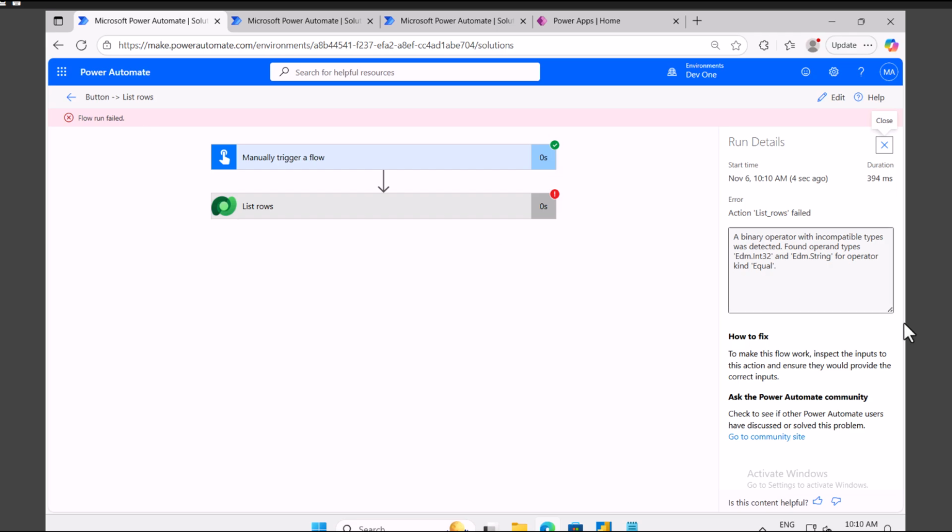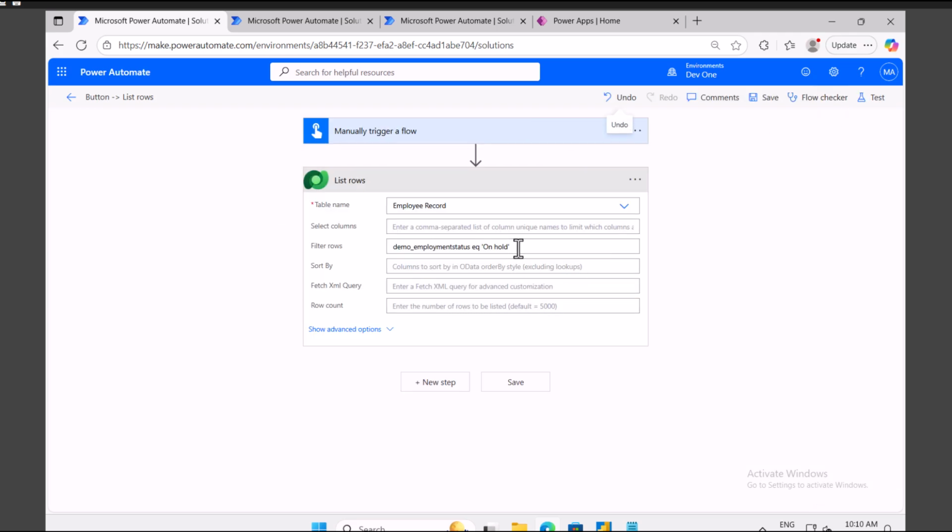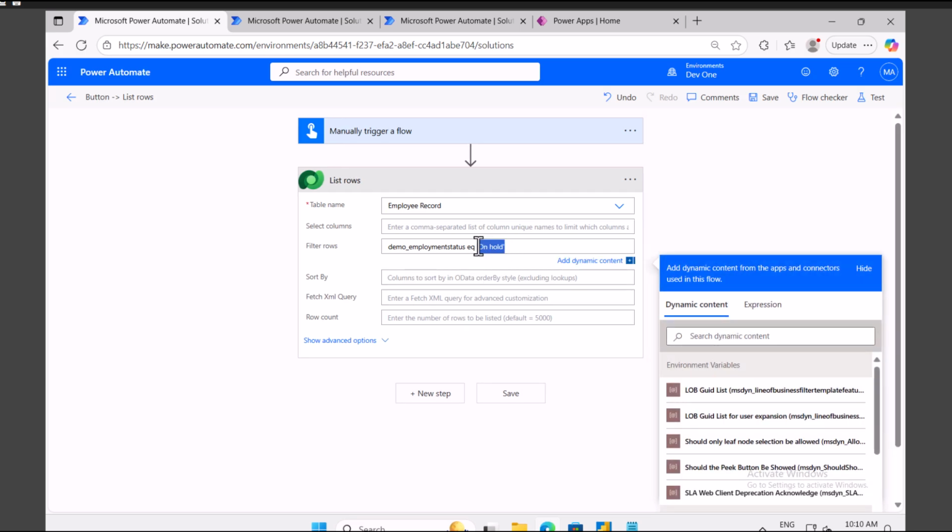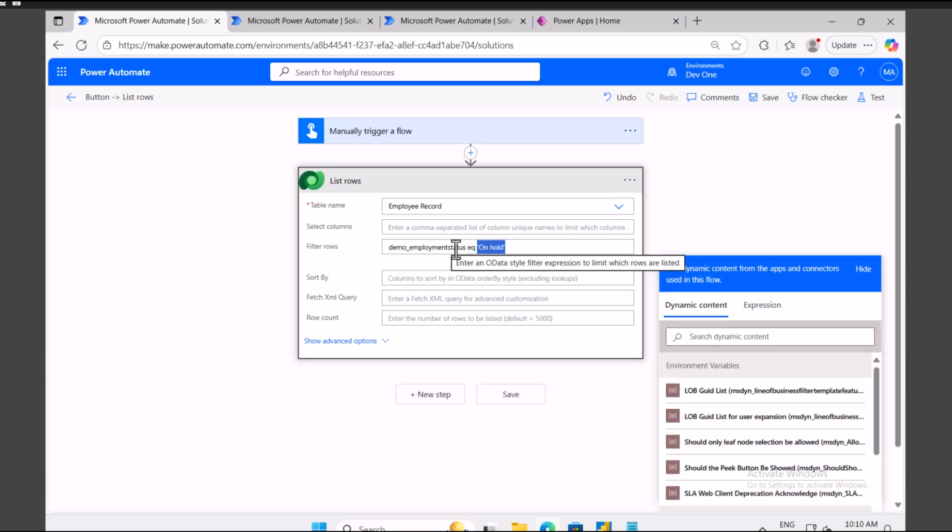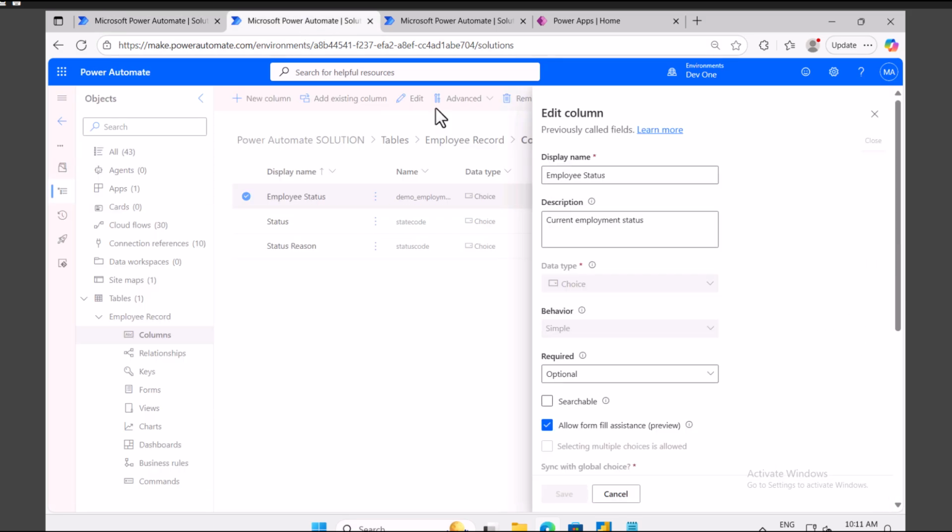Okay, our flow run failed, and I want to show you. You see a binary operator with incompatible data types was detected. Found operands type this integer and EDM string for operator kind equals. So what it is saying is you are providing a string to an integer type variable. Even though it's not an integer type, it is choice, but as I said, behind the screen, it is stored as an integer. So let me remove this, and instead of on hold,